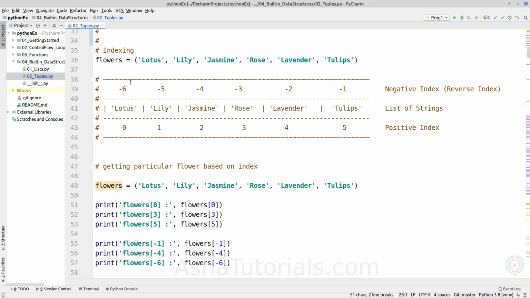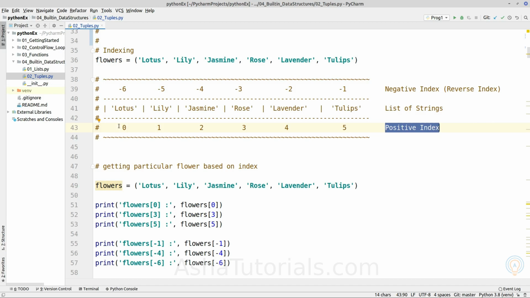Next topic is indexing. Indexing for a tuple object is the same as we saw for the list and string. Each element can be accessed using an index. As we saw earlier, in Python there are two kinds of index. One is the positive index, and the second one is the negative index or reverse index.